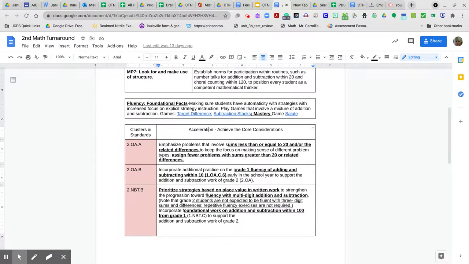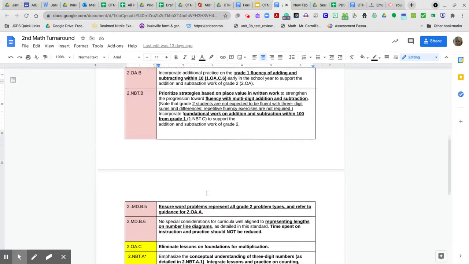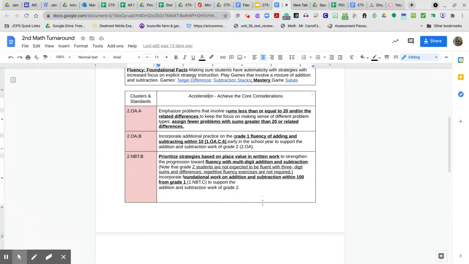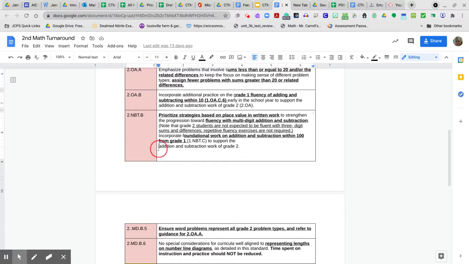So again, you come down and you have a document with standards. And these again are the turnaround standards. And again, you want to kind of read off to the right side. What does that really entail? For example, 2.OA.2 emphasizes problems that involve sums less than or equal to 20 and related differences. So I've highlighted or underlined what's really important that you consider as you move